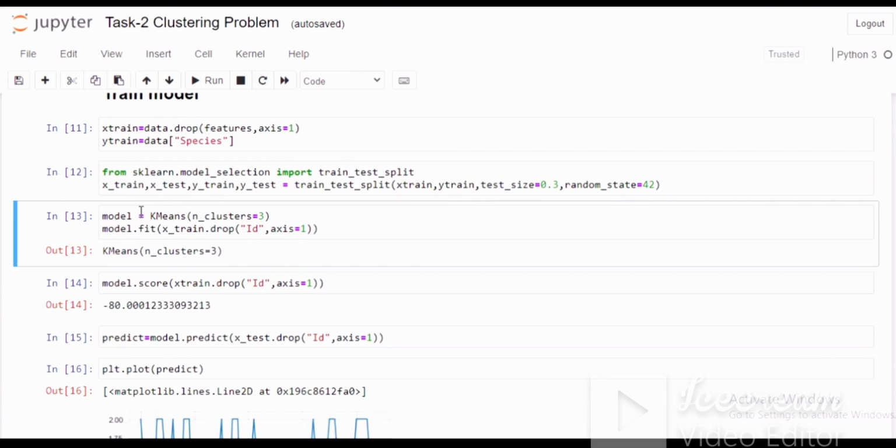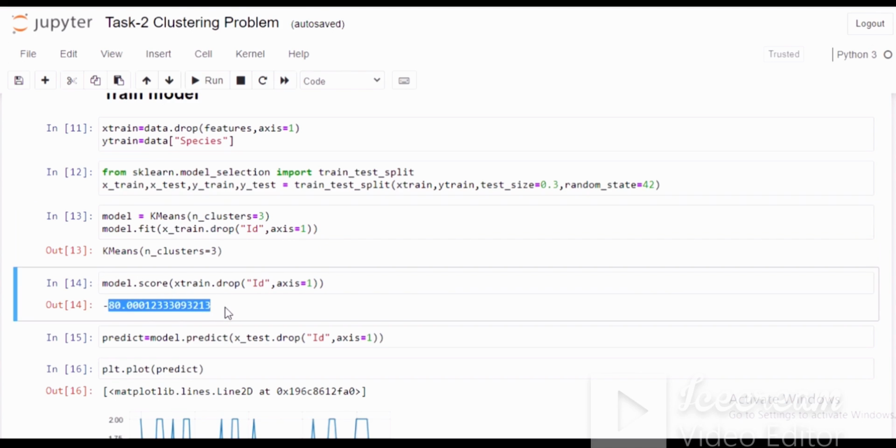We create a variable model which represents the instance where n_clusters is equal to 3. We fit the x_train data by dropping the ID column, and then we got the model, and we predict the model score by dropping the ID.